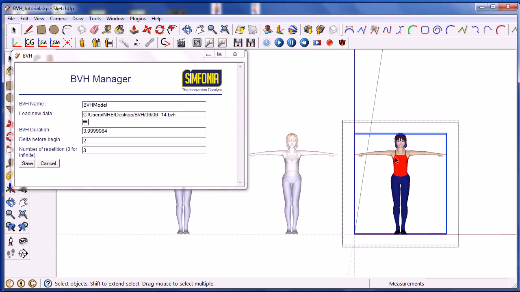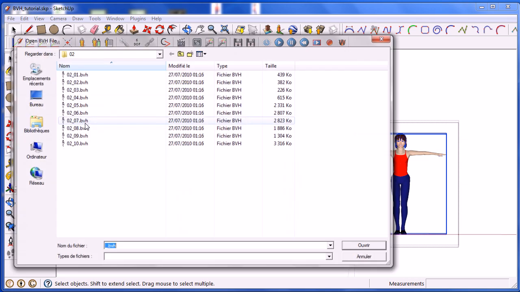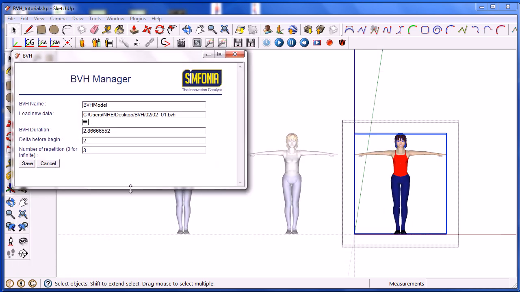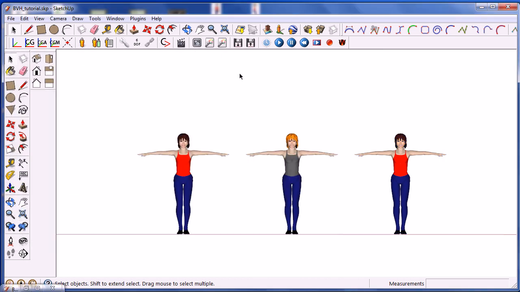Then, for the second copy, we will take the first BVH file we have used, namely 2-1, which is a walking motion. We will also make one motion. Remember to click on Save to save the changes.